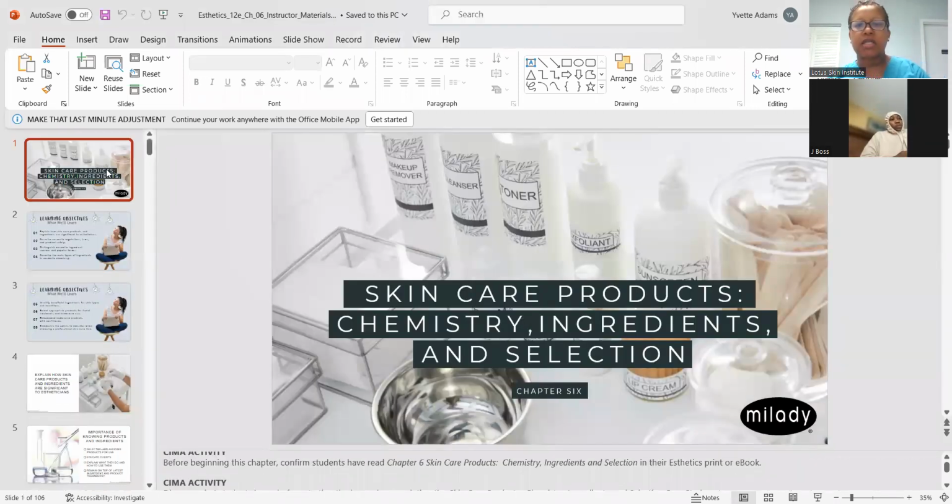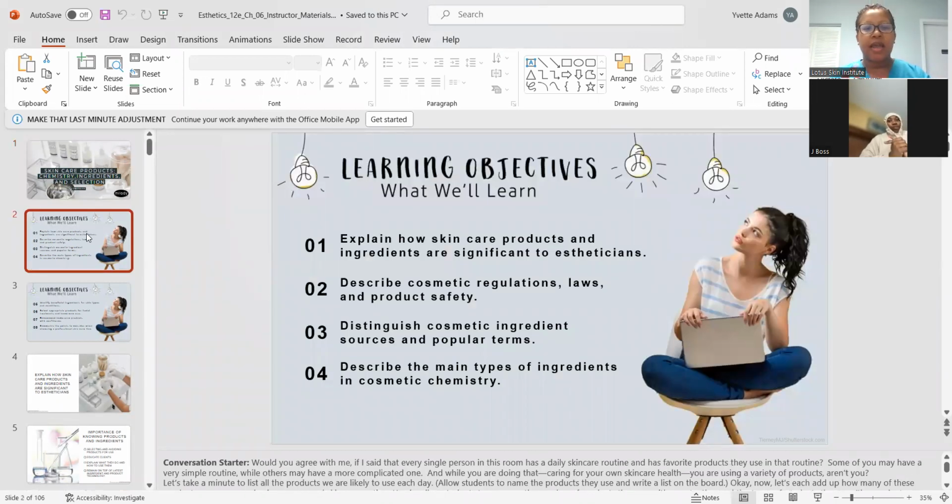Yeah, so chapter 6 is skincare products, chemistry, ingredients, and selection. So this is one of the reasons why we have the chemistry chapter. We get done with the chemistry chapter first, so that we have the background that we need for this particular chapter. So in this chapter, we're looking at how skincare products and ingredients are significant to estheticians, describing very briefly cosmetic laws, regulations, and product safety, distinguishing between cosmetic sources and popular terms, cosmetic ingredient sources, and the main types of ingredients in cosmetic chemistry,